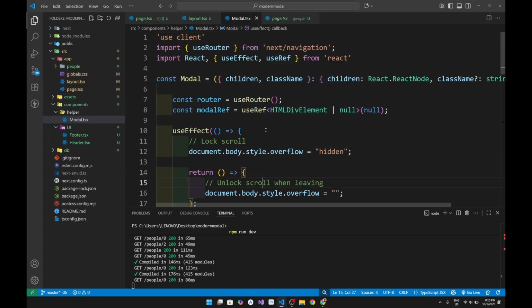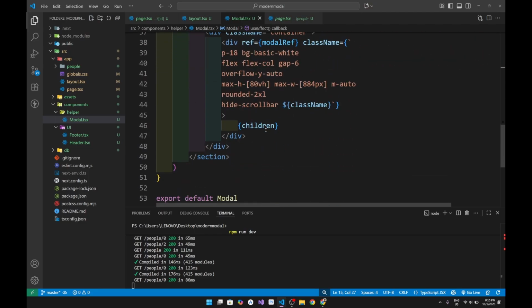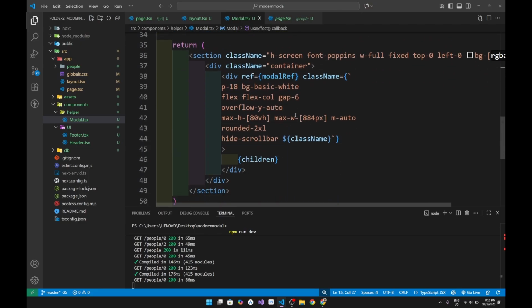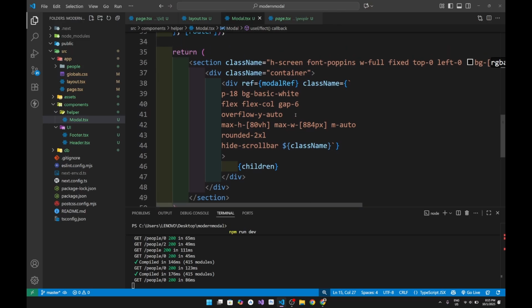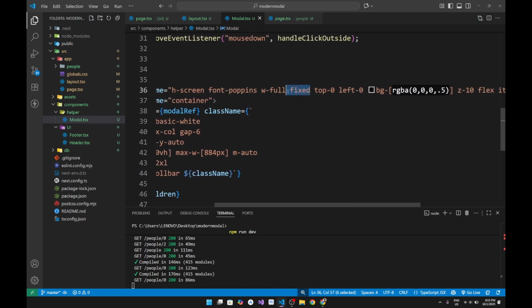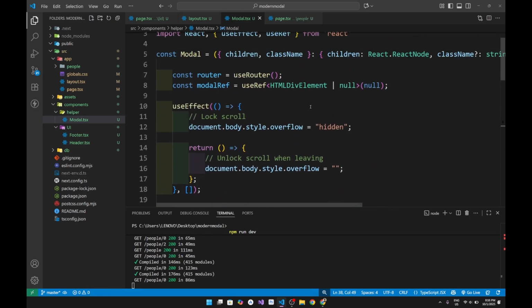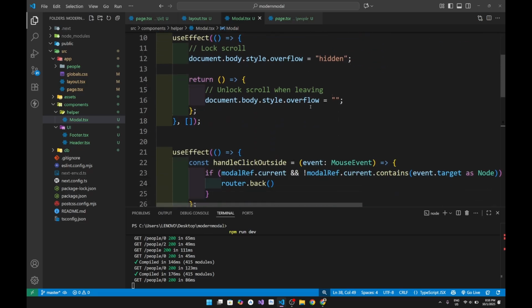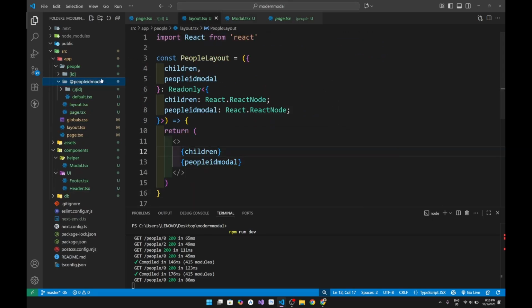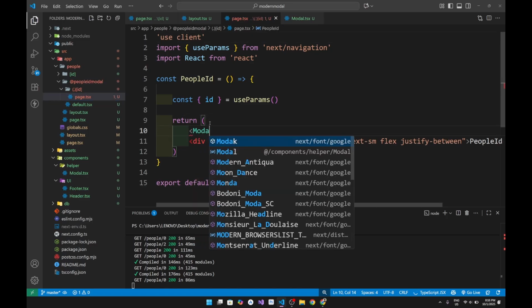Let's look through our modal. What is our modal? It basically wraps the component and makes it show up as a modal by using position relative and absolute. We used position fixed actually there. It's a much better way to do it. And just go to GitHub, export this file. So go to the ID page, import the modal,